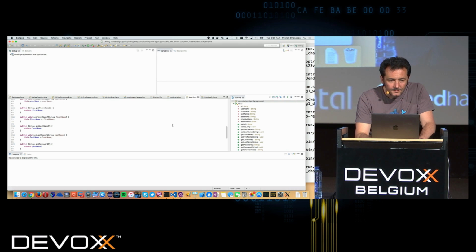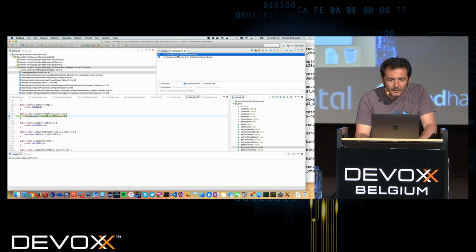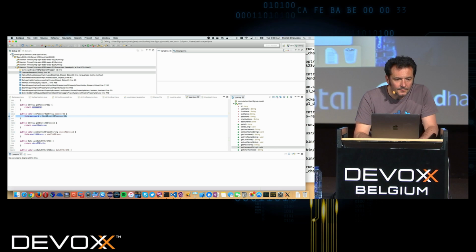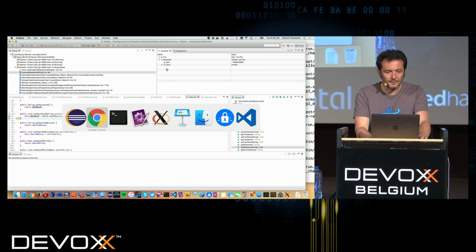Yes. So I want to switch to debug mode, and there I can see my breakpoint. I don't know why I can't see my variable. Let's go over it. Yeah, that's it. So there I can see that I've set the password to foobar.